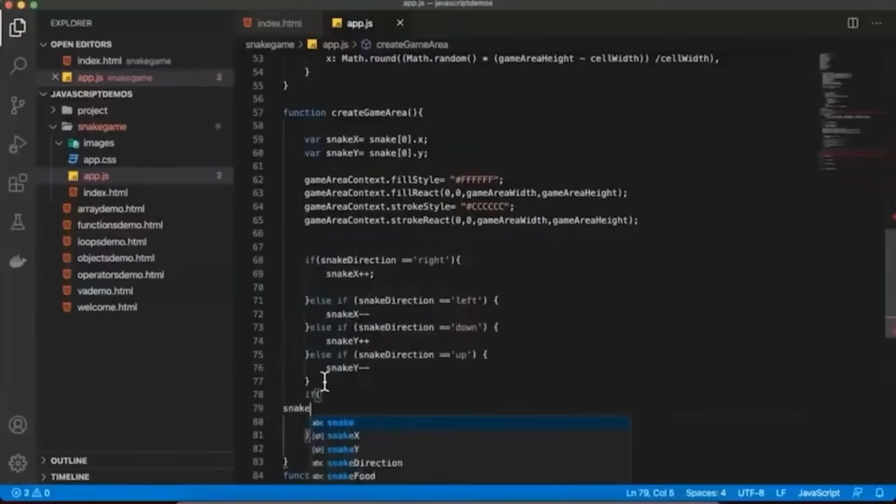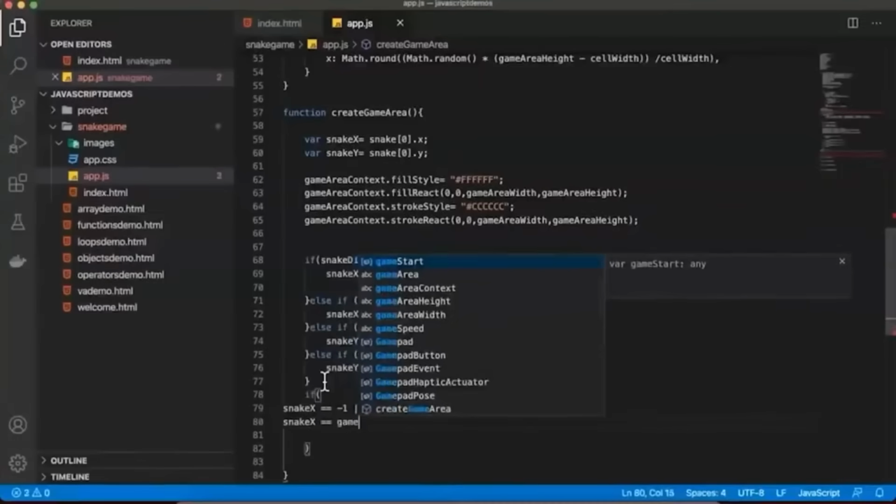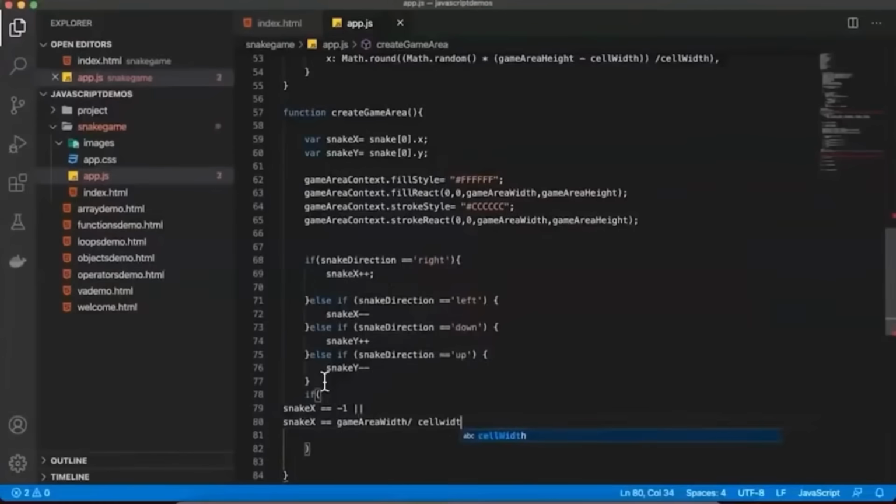We say if snake x minus 1, or snake x double equal to game area width, which we have taken, divided by cell width, or